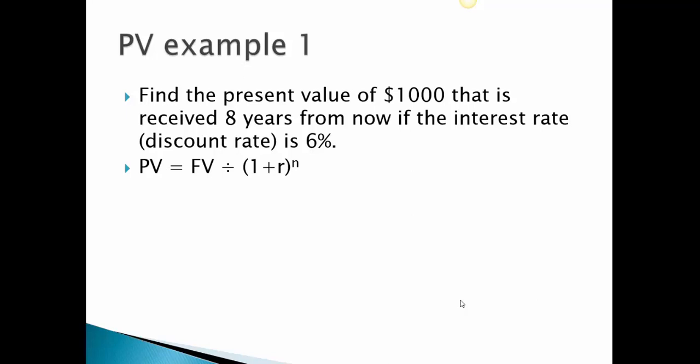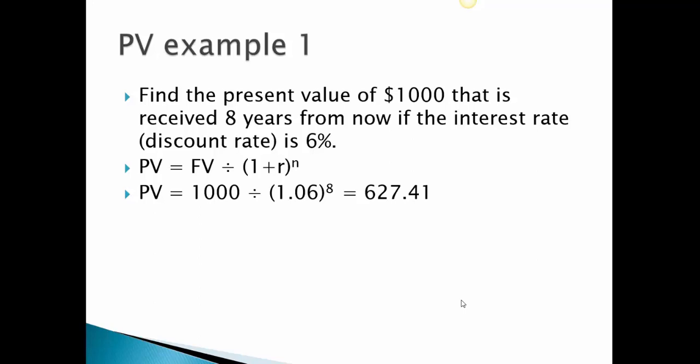We've got the formula PV equals FV divided by 1 plus r to the n, so the present value is going to be equal to the future value discounted by the interest rate raised to the number of periods. In this case, the future value is 1,000, so the FV is 1,000. We're going to divide that by 1 plus the interest rate, so that'd be 1.06 raised to the 8th power, and that is going to be equal to